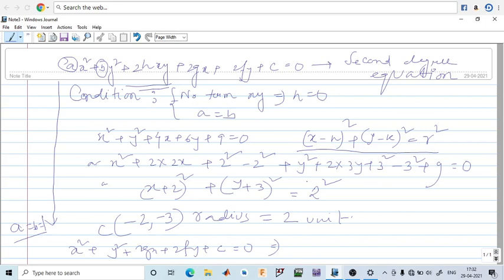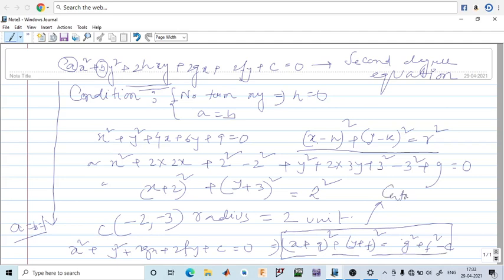If we write in this manner, then you will see the equation is converting like this. This equation is coming from the second degree equation. From here we can say that the center is the coordinate (minus g, minus f), and the radius is